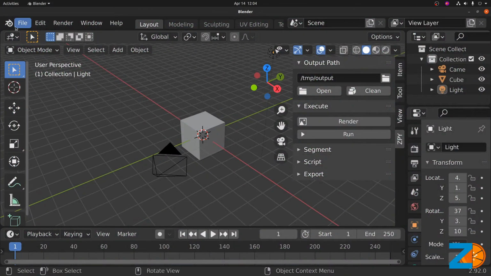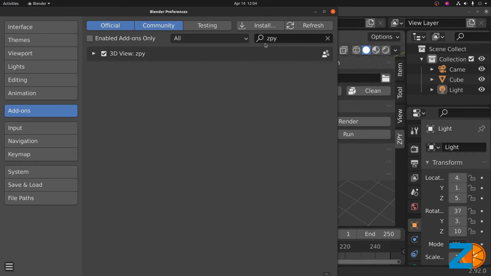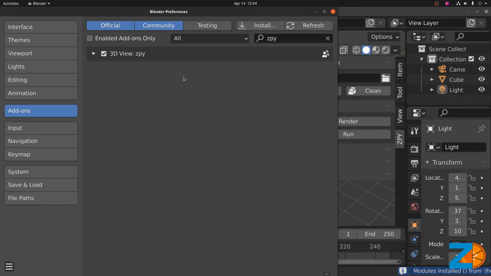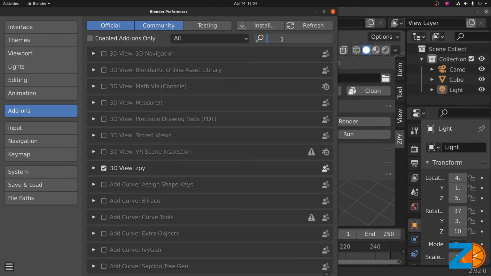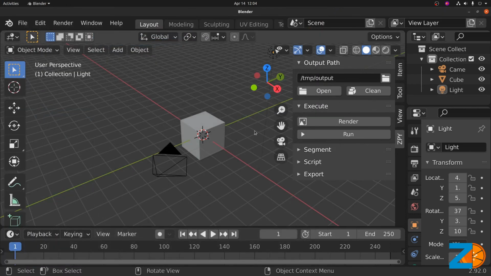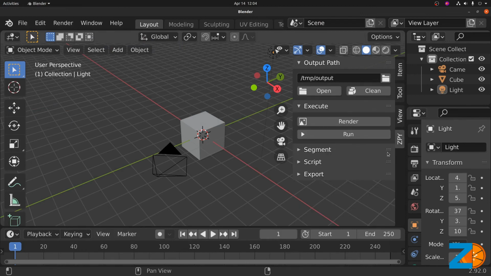Open up Blender and navigate to Edit, Preferences, Add-ons, and Install. Navigate to the downloaded add-on zip folder from GitHub and hit Install. You can then search for the add-on and make sure it is enabled. Once enabled, the add-on should appear as an additional panel